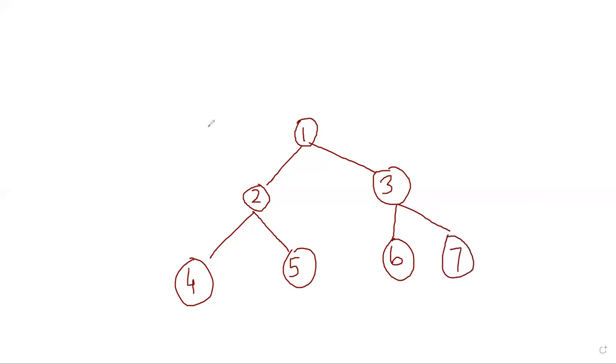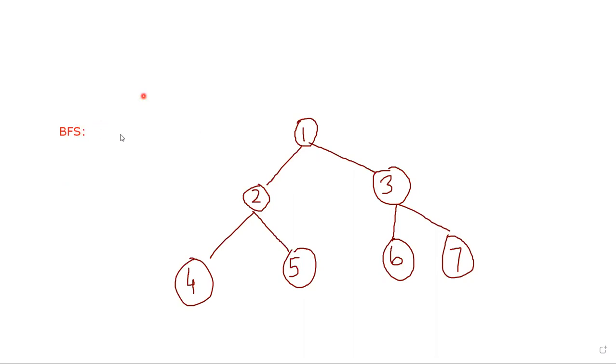Now when you are going to use BFS, how are you going to do it? What will be the traversal? You are going to start from 1. So you will visit 1 and then you have to explore 1. So you will go to 2 and 3. Then you have to take 2 and explore 2: 4, 5. Then you have to explore 3: 6, 7.